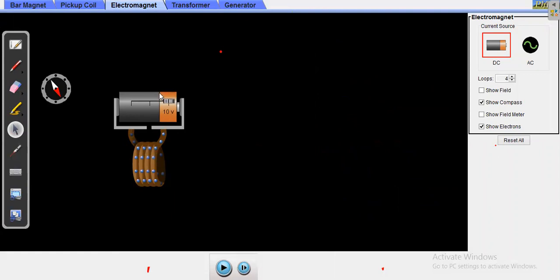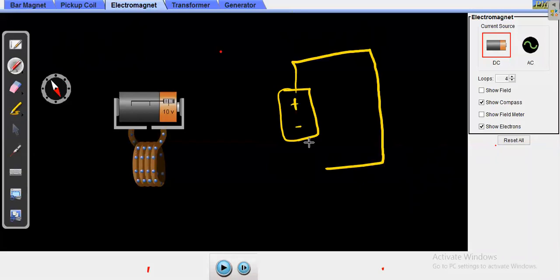See, I have a battery. The battery is connected with the coil, or it can be any conductor. This experiment you can also do. Say you take one battery, connect some conductor like this, and pass the current through it. Then you bring a needle here, because a needle has a conductor nature, or otherwise it has magnetic attraction properties.